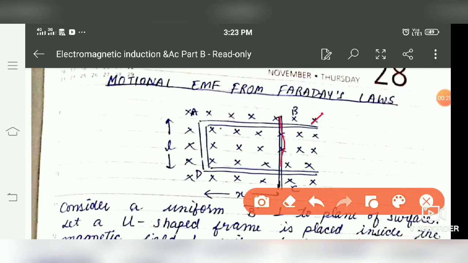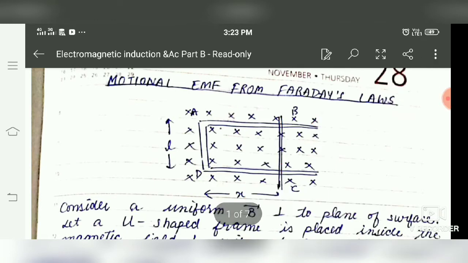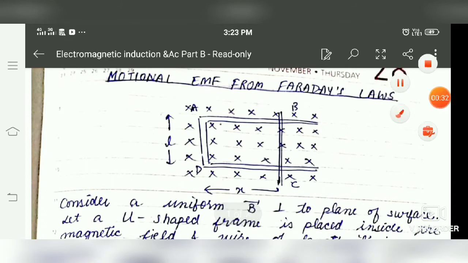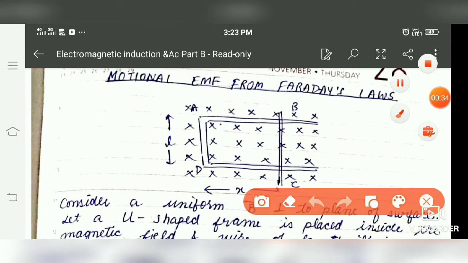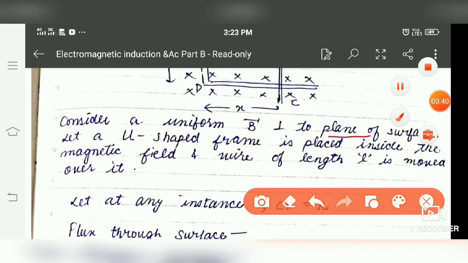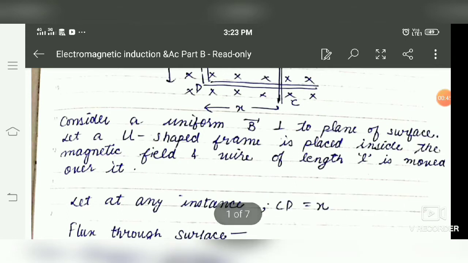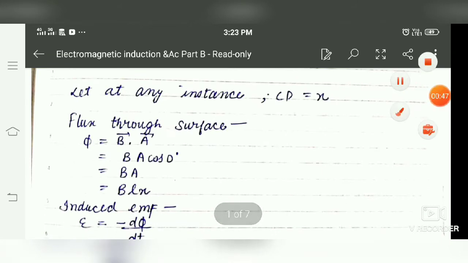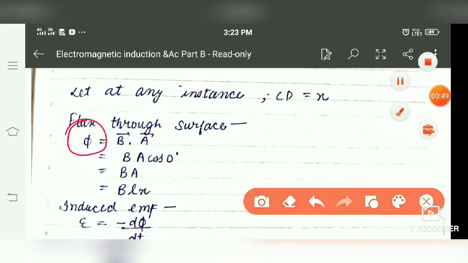This arm BC is the movable arm, and the length of the fixed arm is L and the length of the varying arm is X. Now consider a uniform magnetic field which is perpendicular to the plane of the surface, and the U-shaped frame is placed inside the magnetic field of length L. Now the flux through the surface is B dot A, where the angle between them is 0, so BA, where A is equal to